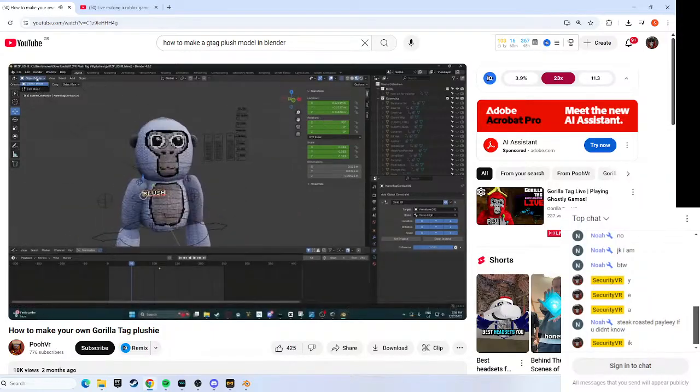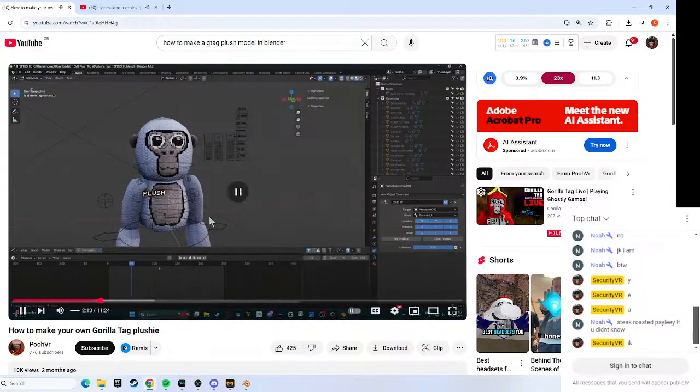So to change the name, you're gonna want to click on your name, click object mode, click edit mode, and then you can change it. Let's say, why don't I